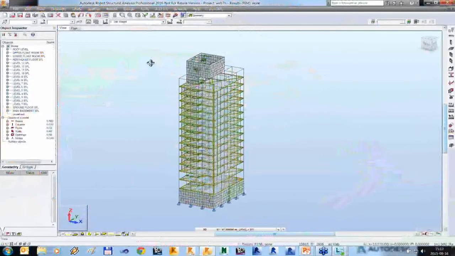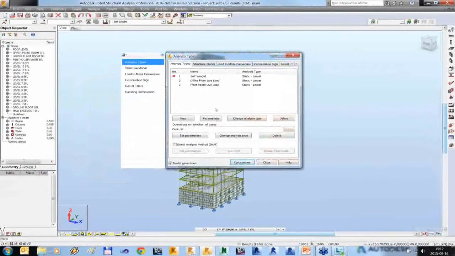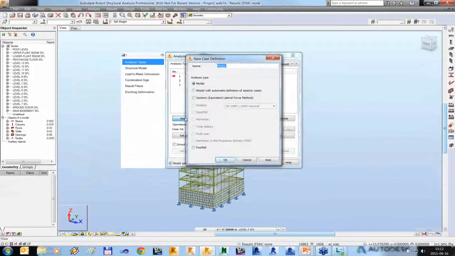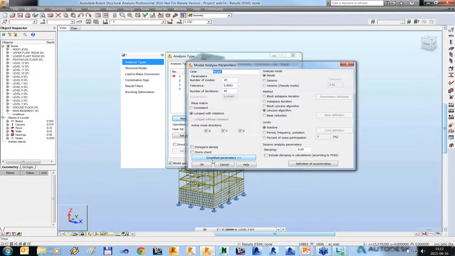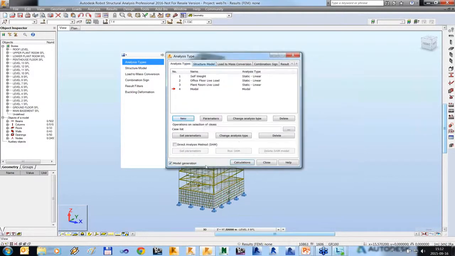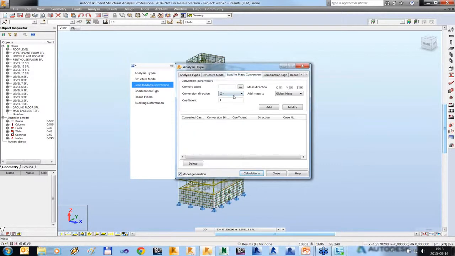So let's define first the modal case. Here we have to press the new button and then select modal analysis type and then specify parameters as we discussed. So I will leave these parameters as the default ones. Load to mass conversion can be done on the load to mass conversion tab. I will not use the correct coefficient for demo purposes. I will use coefficient 1, and for our purposes I will convert both these cases onto masses. Once it is done,